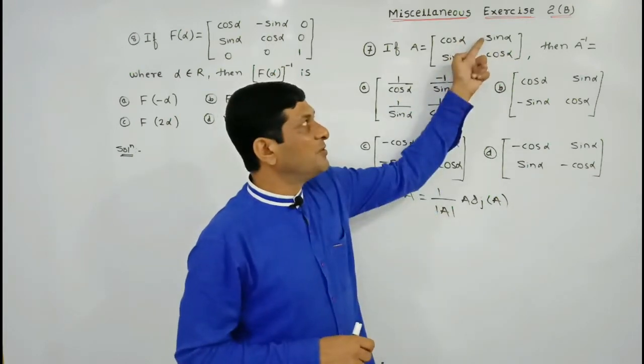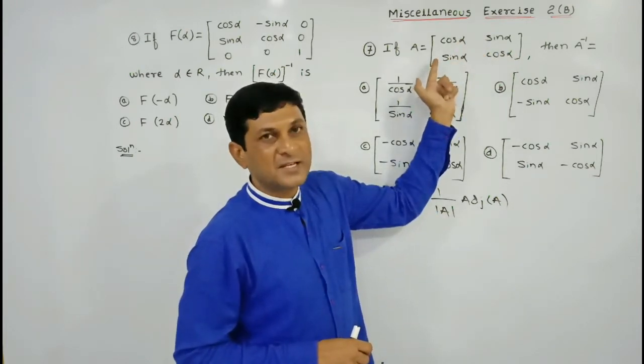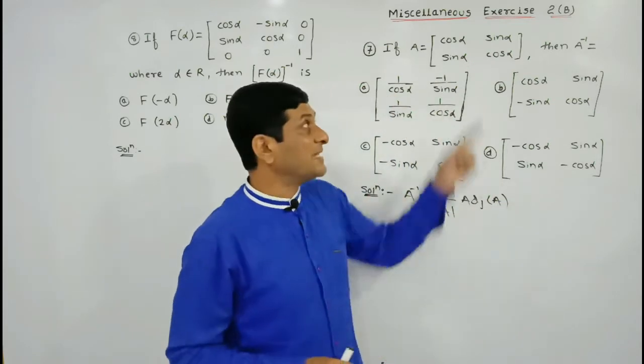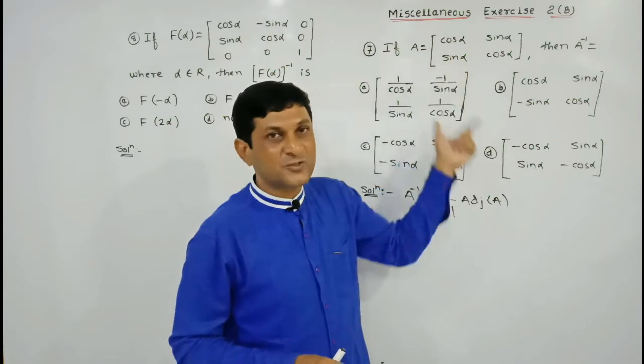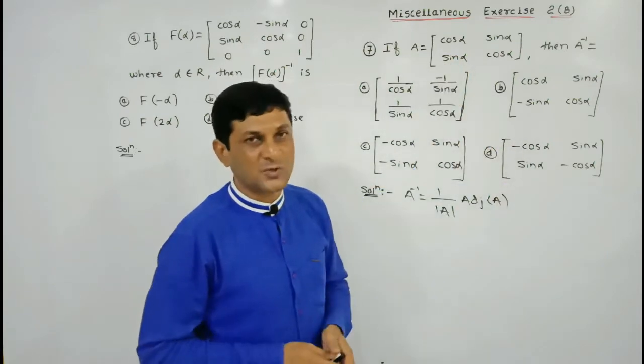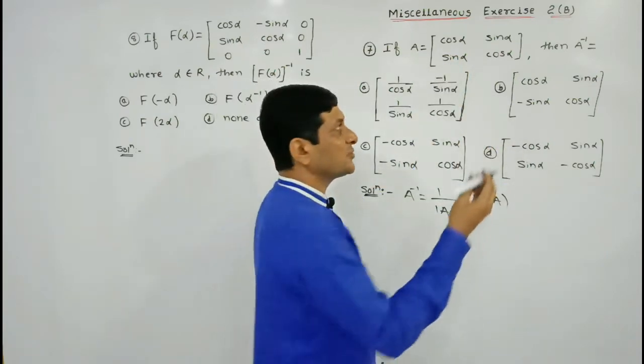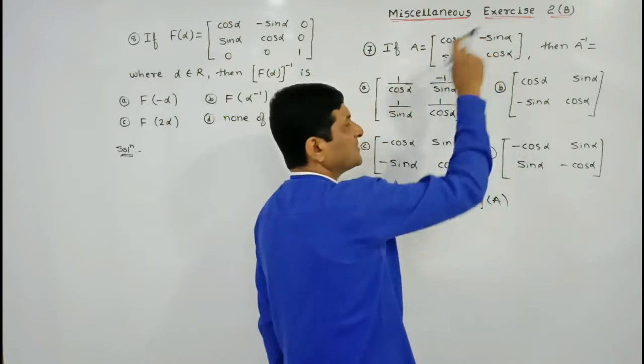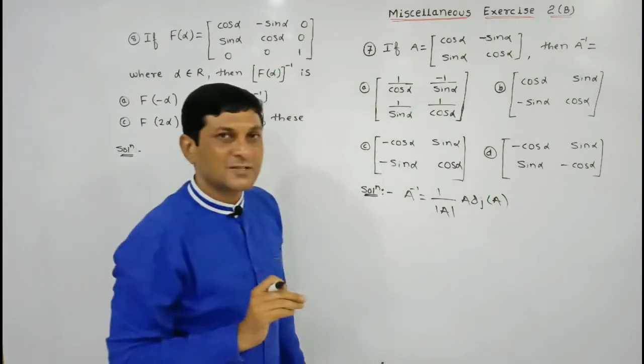Either we give the minus here or we have to give the minus here. At that time only we will get the answer in these options. Means the adjoint and inverse of this matrix is not given in any one of these options. That's why I am modifying this question. So I am putting minus here. So we have two choices, either write down minus here or write down minus here,